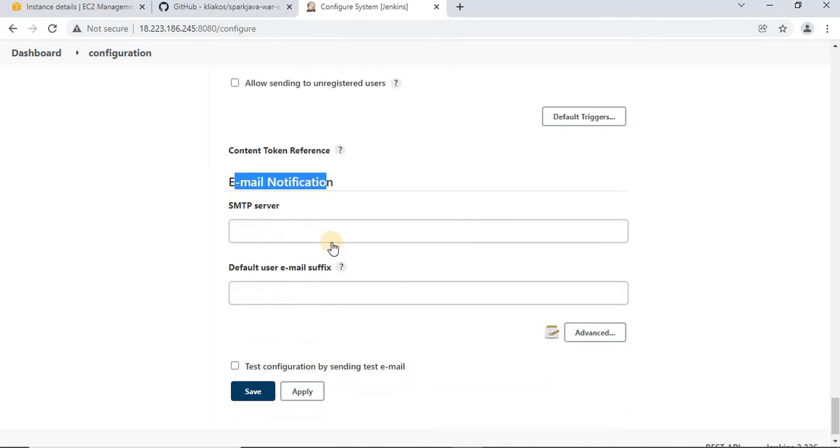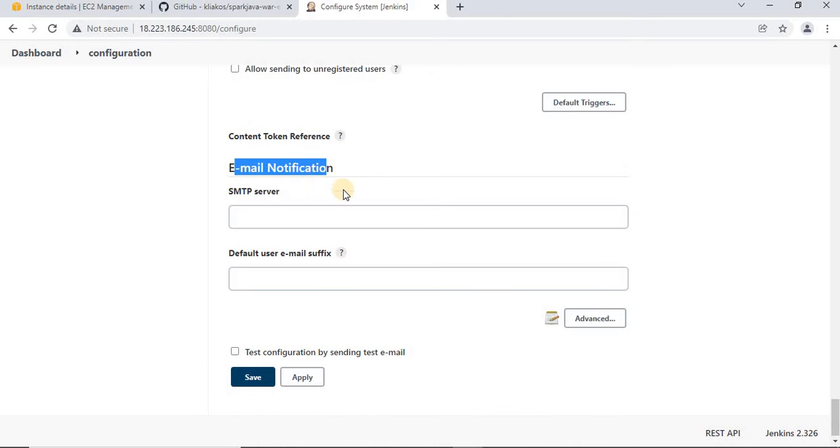Before that, let us check this email notification, whether we are good with email stuff or not. We may face some issues from source to destination while sending a mail, like authentication or a couple of other things. So let us resolve it here first.